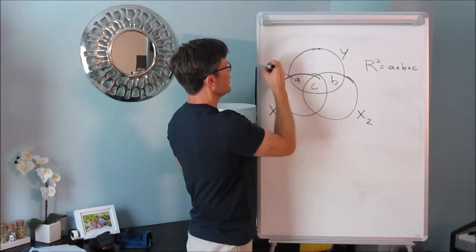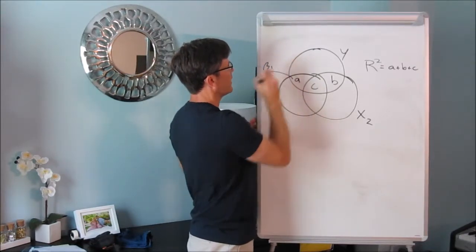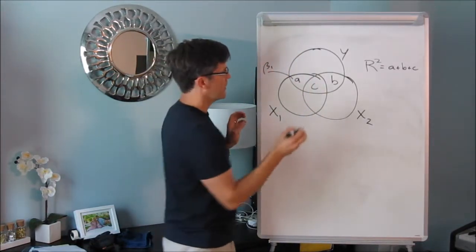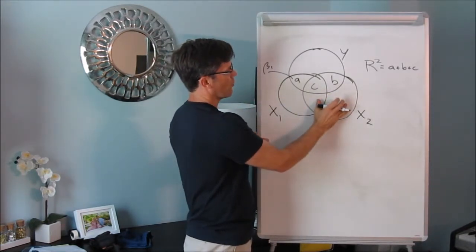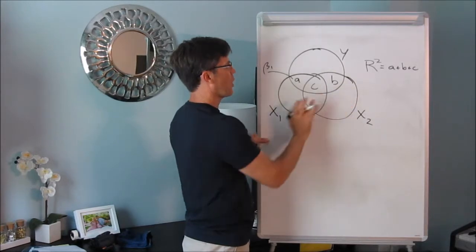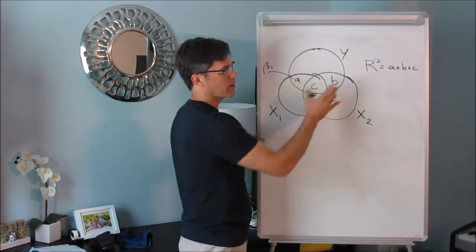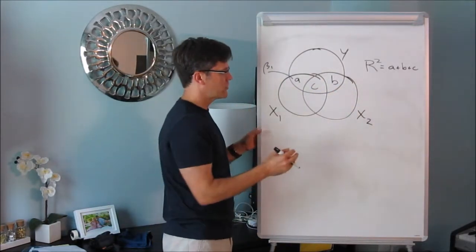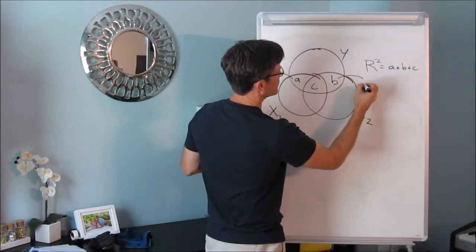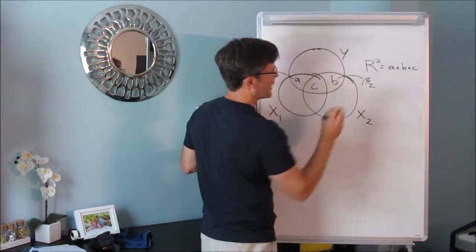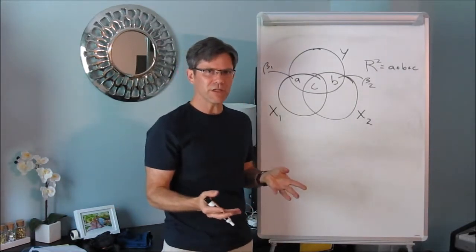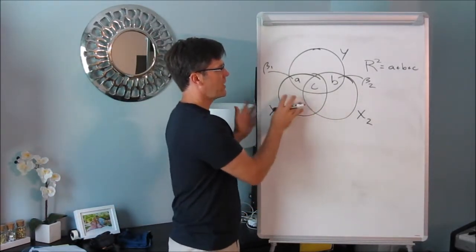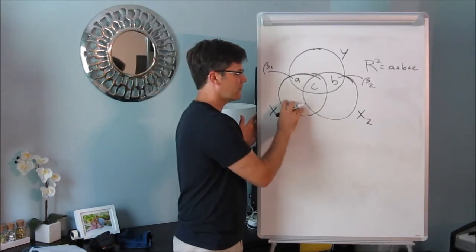So this part over here, A, is what we're getting at when we get beta 1. That's the unique effect of parental involvement controlling for, net of, partialing out family income. You see a variety of language used to describe it. And then B is going to be our beta 2, right? That represents beta 2. So that's the unique effect of family income controlling for, net of, partialing out any variance